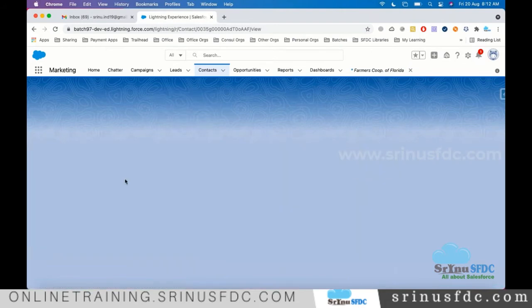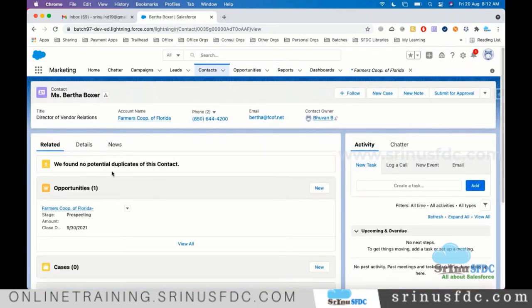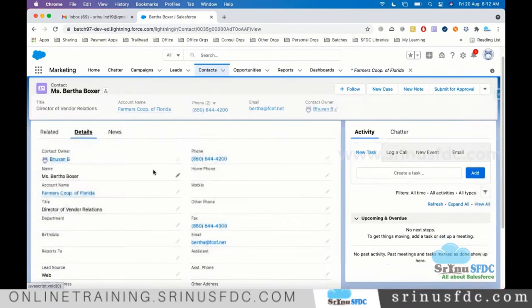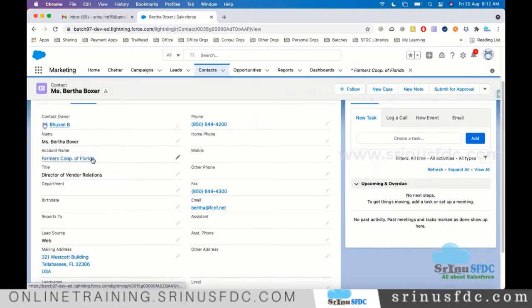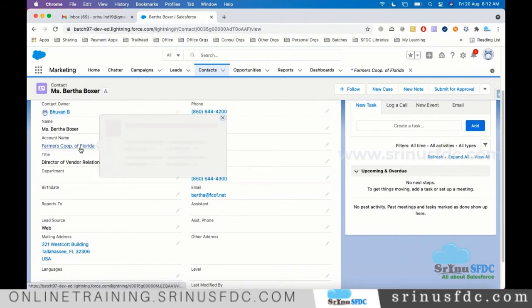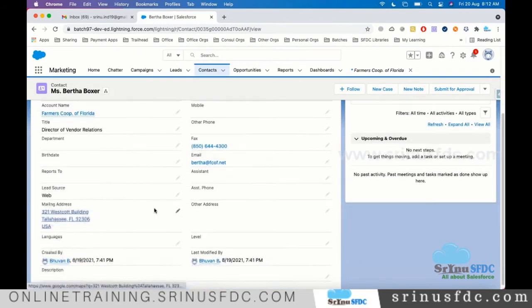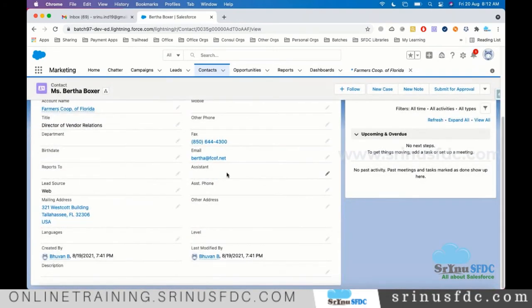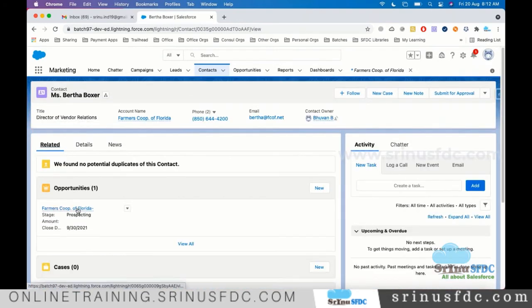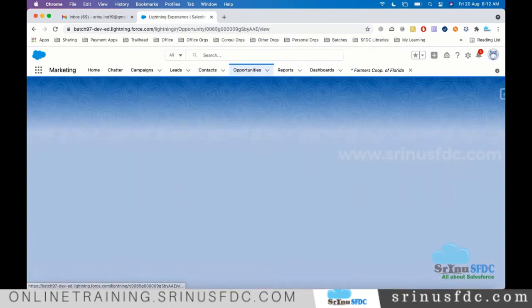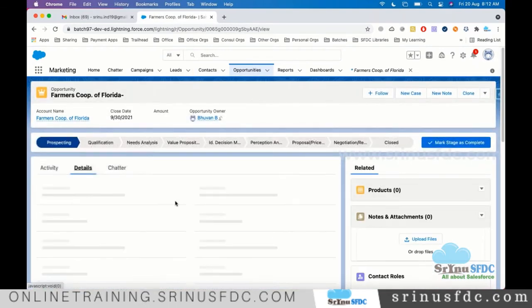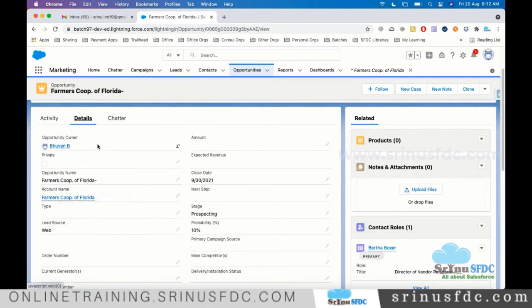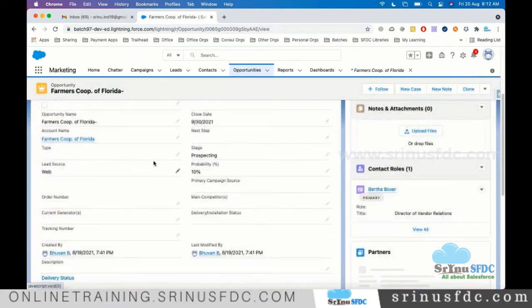So if you open the details, the name, and this person is associated to this company, and the company email address and the phone number, all those details are there, right? In the same way, the opportunity is related to that company. So what exactly do they want, and what is the amount generated if the deal is closed successfully? All those details will be managed in the opportunity.